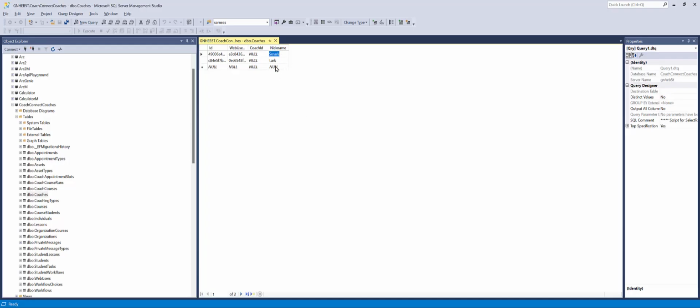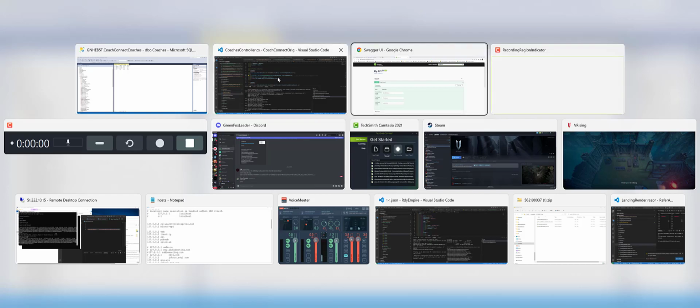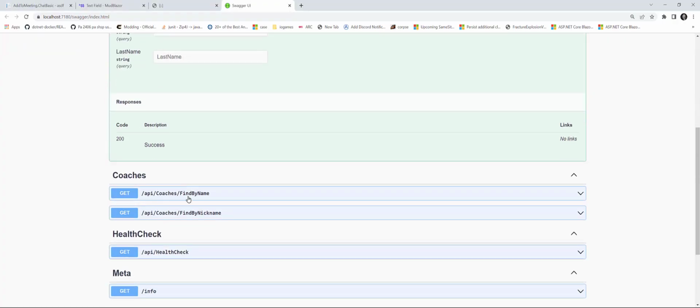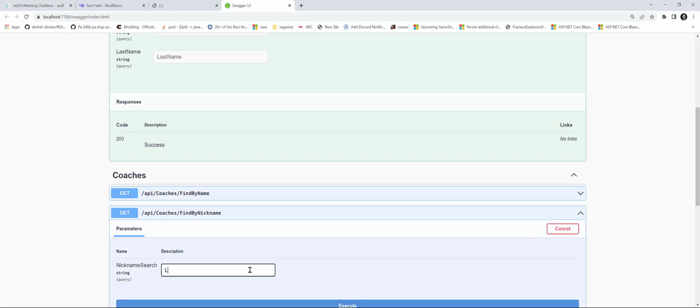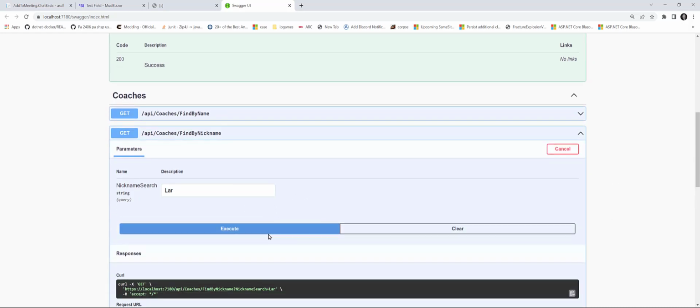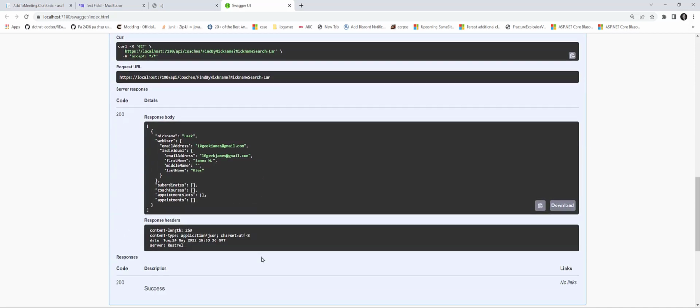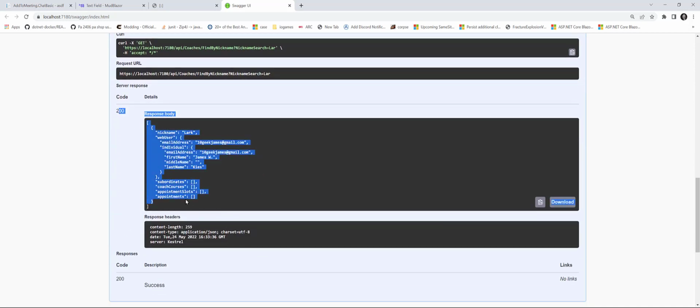So both of these have an A. Oh, I guess I got rid of the A. It's all right. So if we come back at here and we do find by nickname and we do Lark, we should see Lark.